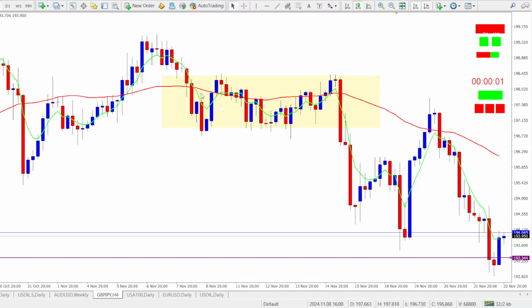So if you had entered a sell around here, then you probably would have just seen some fluctuations throughout this whole period because of these consolidation signs. And then finally, you would have now seen some profits after the price broke downwards. Okay. So if you had entered a sell around here, you'd have considered setting your stop loss above the swing